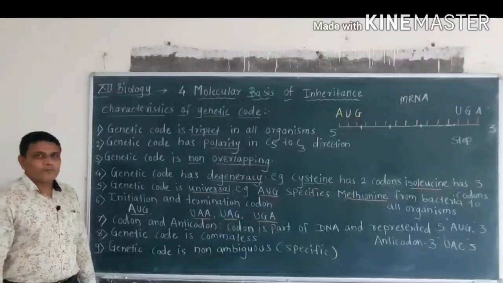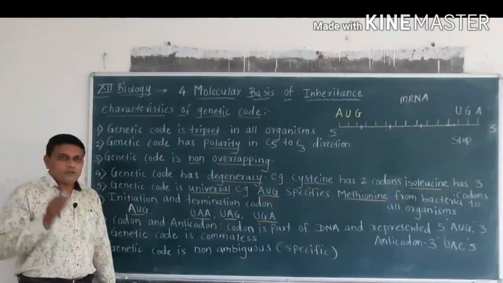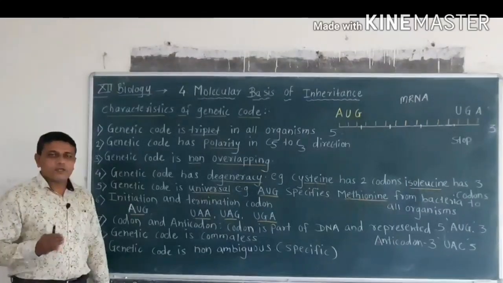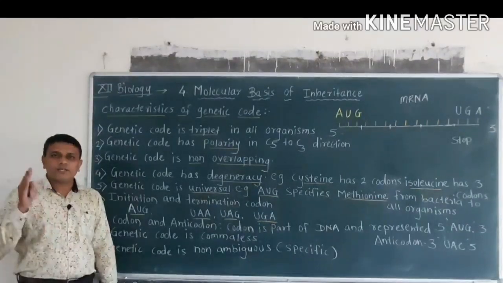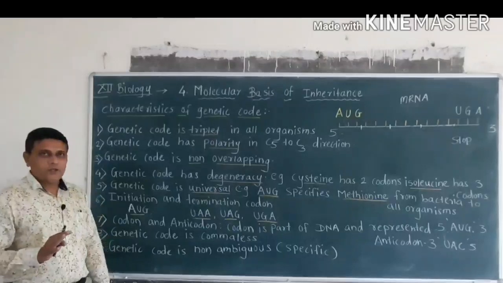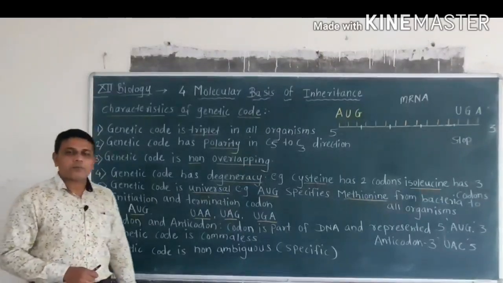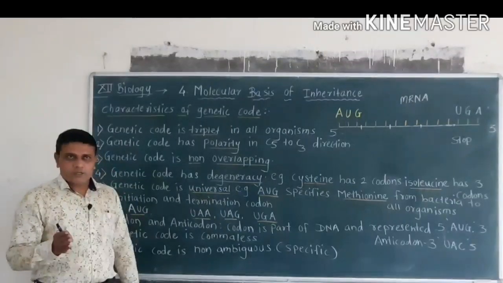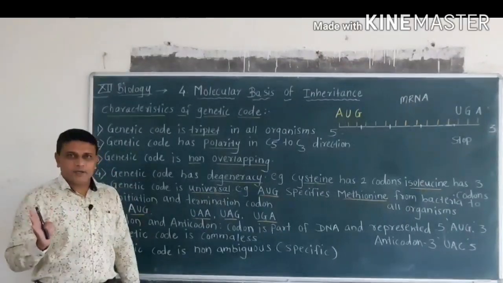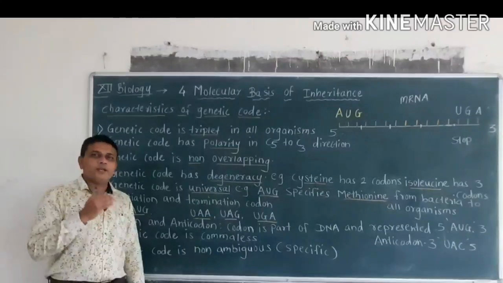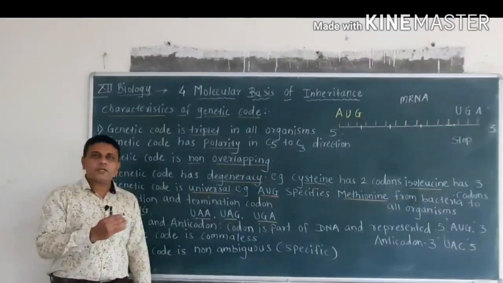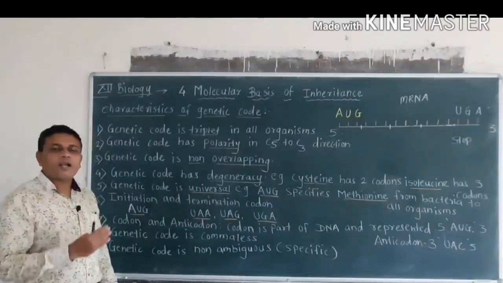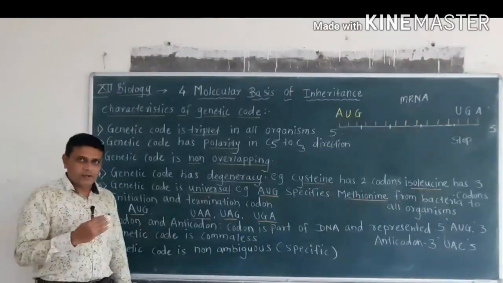Now you know that genetic code is a sequence of 3 nitrogen bases or nucleotides present on DNA as well as messenger RNA. So, during the process of transcription, DNA molecule produces messenger RNA, and from one of the DNA strand, the information is copied to messenger RNA. Such DNA strand is called as coding strand.